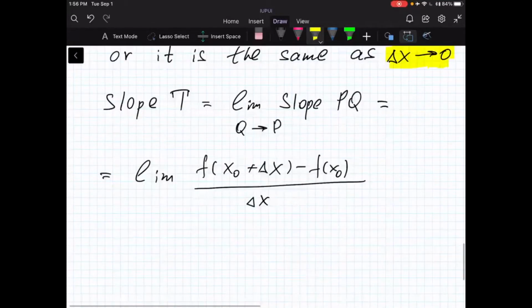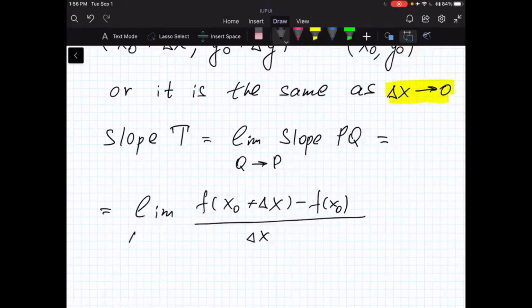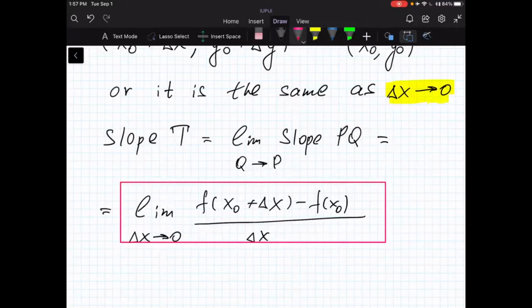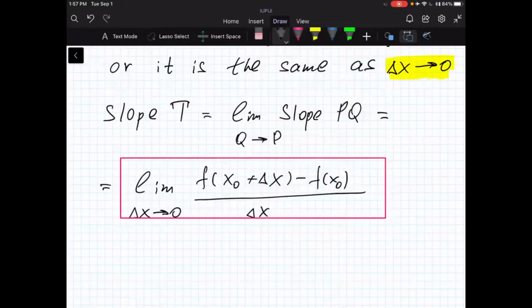So instead of writing Q goes to P, I will write down delta X goes to 0. And this is the formula for the slope of the tangent line